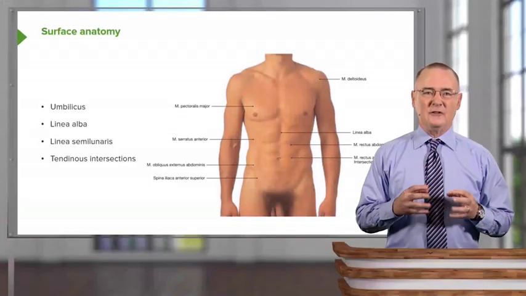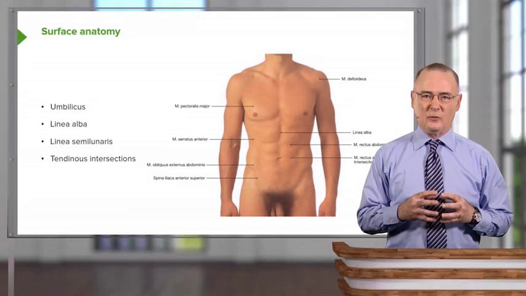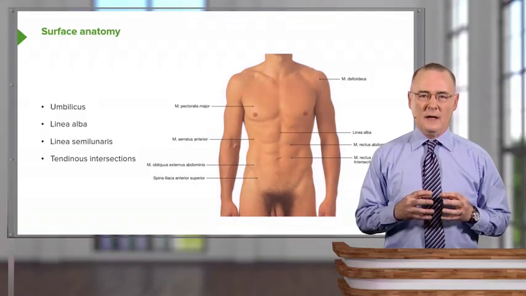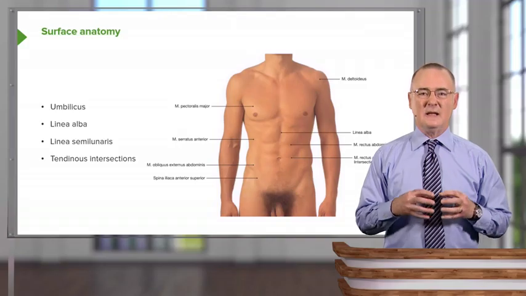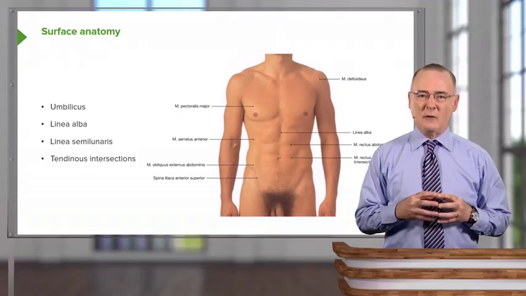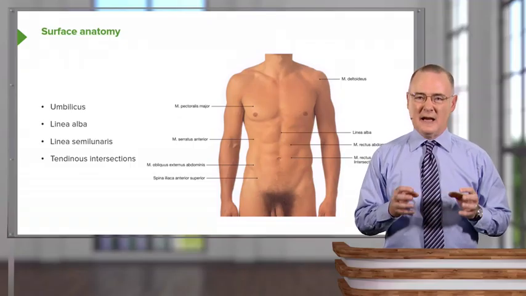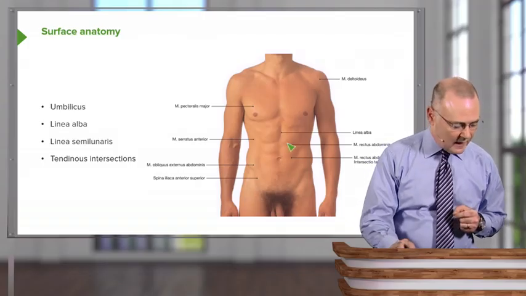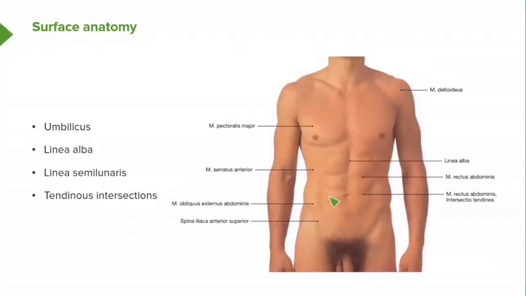This slide brings us to surface anatomy, or the surface relief of the anterior abdominal wall. This is best demonstrated in a young, well-developed male with less than 10% body fat. The landmarks that we're interested in are in the area of the rectus abdominis. The rectus abdominis underlies the skin and rectus sheath in this area, as well as on the left side of the body. In the midline, we have the belly button, or the umbilicus, and then above and below, but best